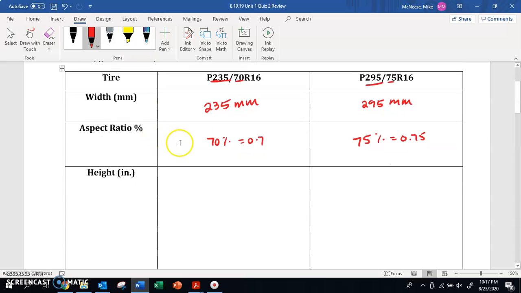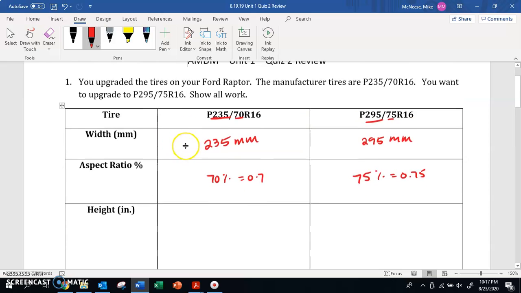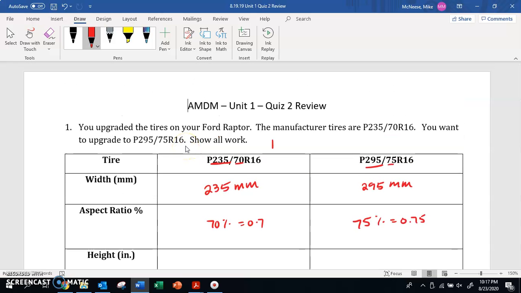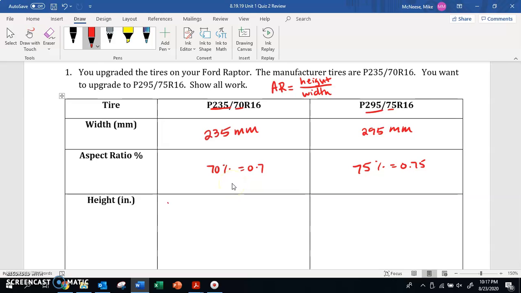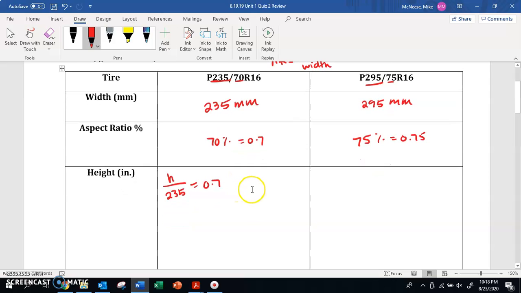And then the height. Remember, aspect ratio, I'm going to write it down: aspect ratio is equal to height divided by the width. So in order to find the height, we need to do height over width. For this tire, H over 235 equals our aspect ratio, which is 0.7. To find this, we're just going to multiply by 235 on each side. So H is equal to